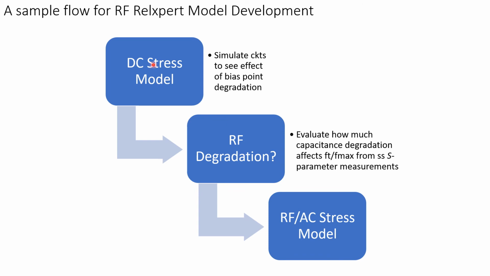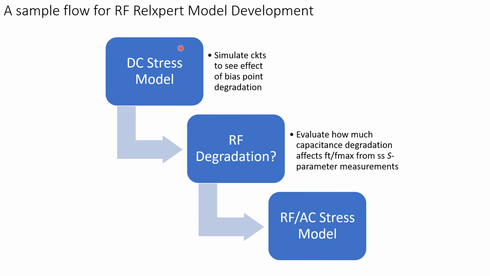However, certain kinds of circuits such as power amplifiers, wherein you have very large signals and wherein the dynamic load line can take the quiescent points along a huge locus, that is, instead of a straight load line you have a huge sweep in the IDS VDS characteristics, in such cases models based purely on DC stress might not be that effective.